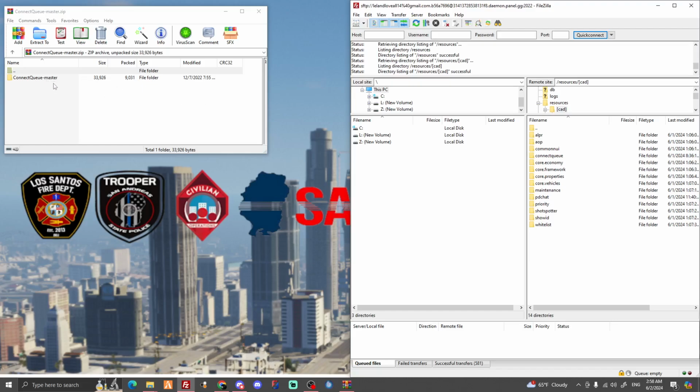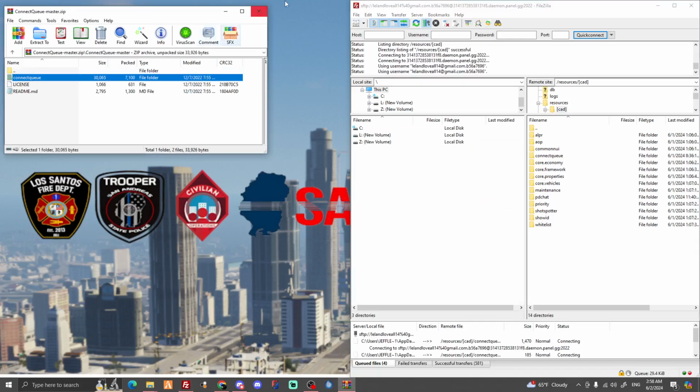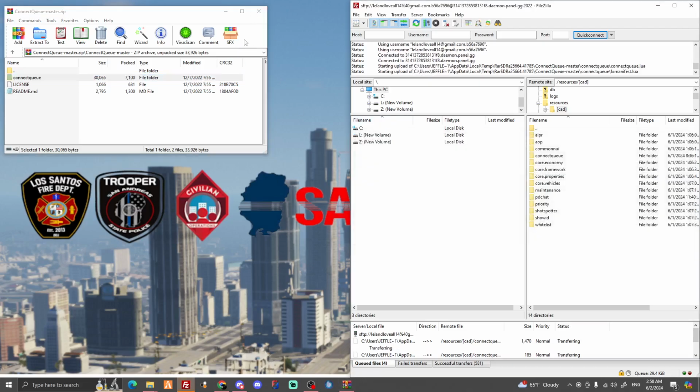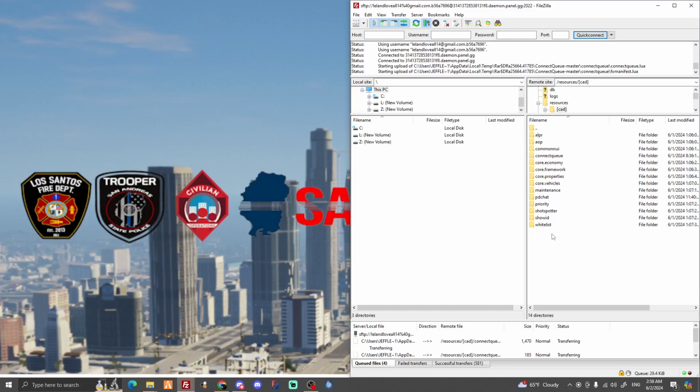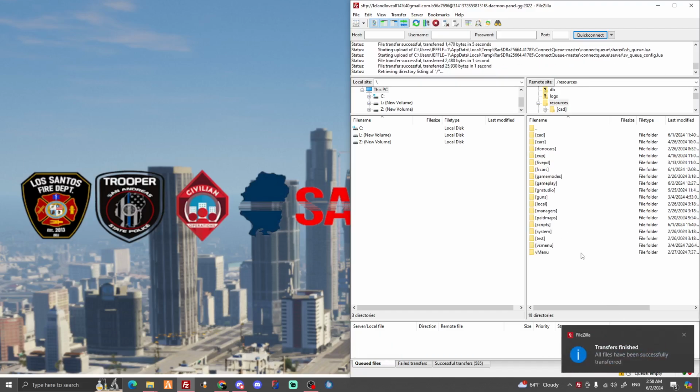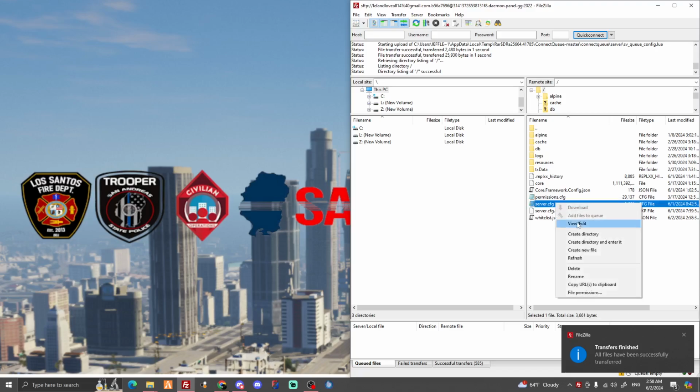After that, you'll have to download ConnectQ for the whitelist and get that in there, or you won't be able to use the whitelist. And then you can close that. You open it, you drag and drop the ConnectQ, and then you can close out of that. And then from there, you can go into your server.cfg,